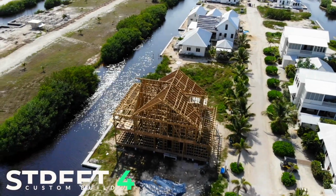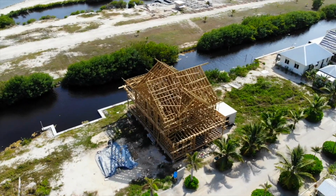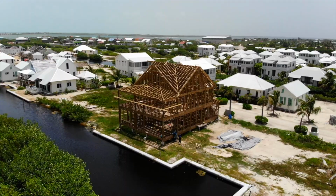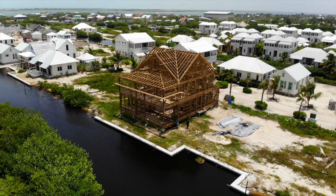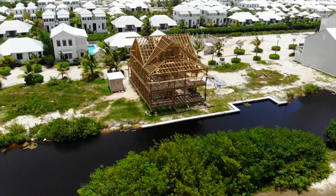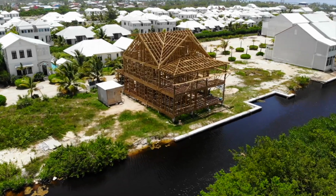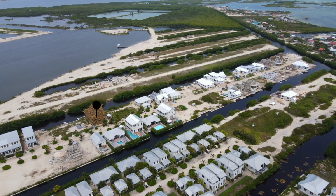Moving on, this is probably the biggest home within Mahogany Bay. You can see all the wood framing there. This is a custom build, so if you're looking to get a bigger home, this is probably a great option. The owners of this home actually have 2 lots that they're building over, so you're gonna see some more updates on this one as well,